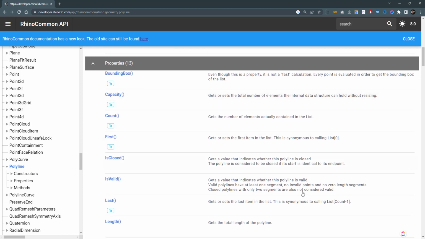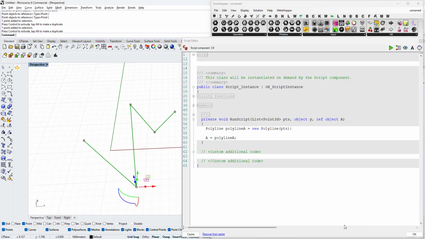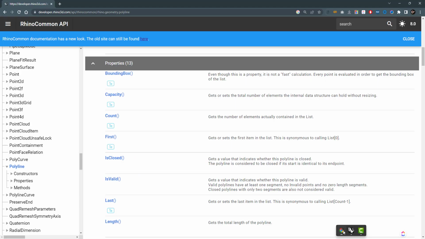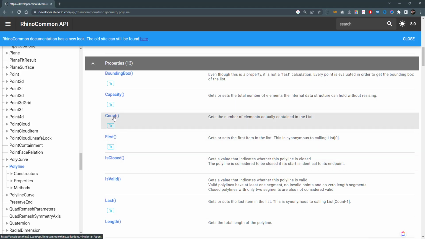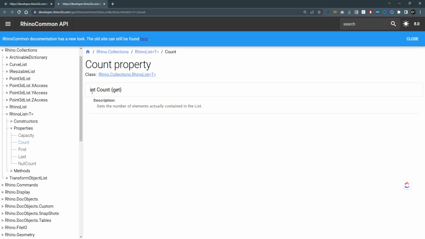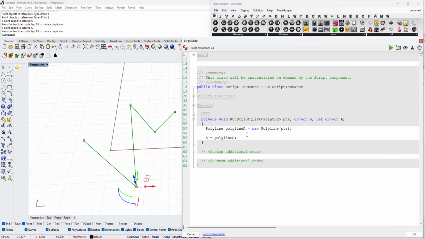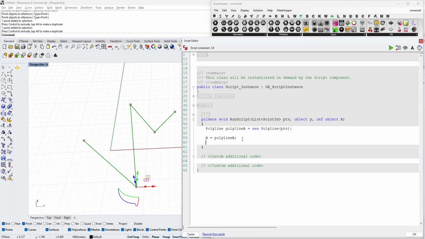And if we want to get the count of the points, let's test on the site how we can do this. So if we go to the Count page, it will be an integer, and we'll say just Polyline A dot Count. So we can just say B equals Polyline A dot Count,